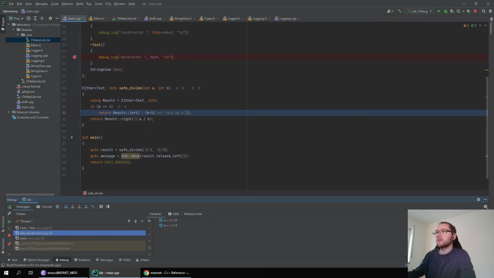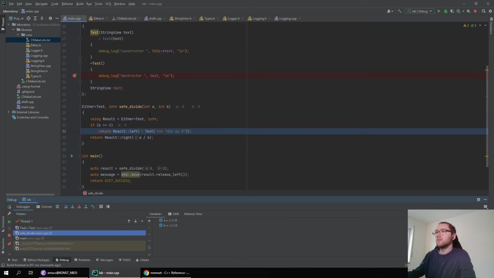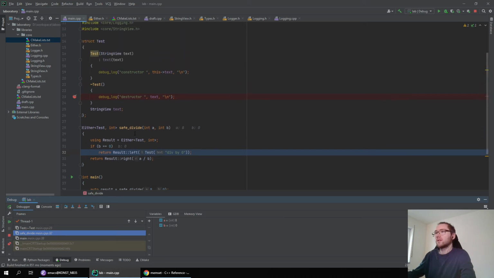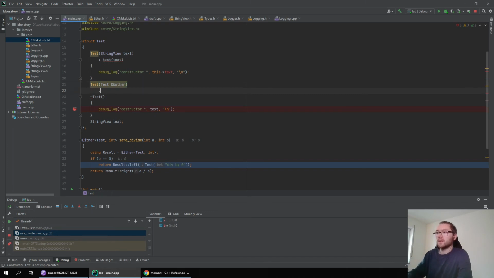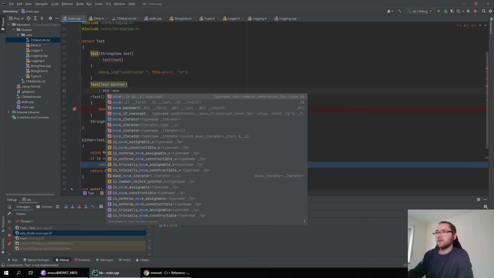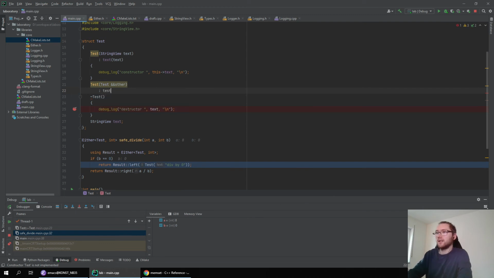So this one doesn't trigger the move overload. So I think therefore I have to implement a move constructor. Or let's just test.